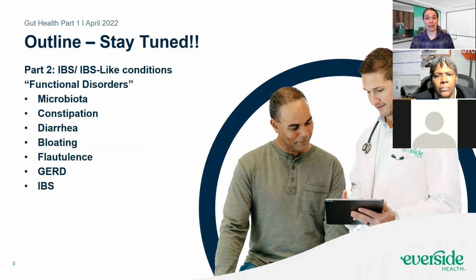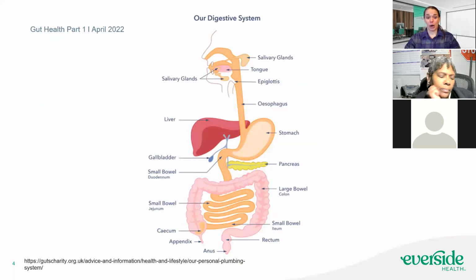Part two, just to stay tuned and as a teaser, we're going to get into more of the functional disorders, and hopefully we can help explain the difference between the two of those. That's going to get more into the gut microbiota, which is a really fascinating topic. Some issues with constipation, diarrhea, bloating, flatulence, and gas, GERD, and IBS, which if you notice, some of those are symptoms of, and you'll see there's symptoms of some of the other issues, which again, we'll dive into, and we'll touch on some other things that can go on with the GI tract.